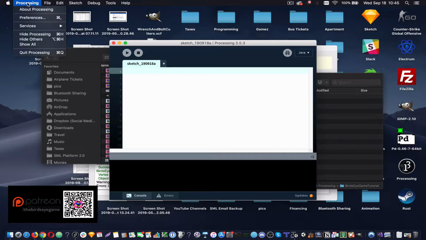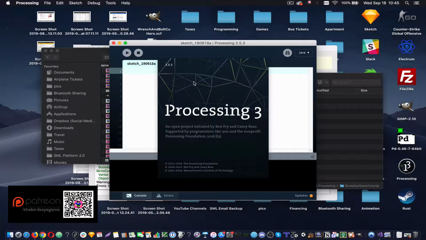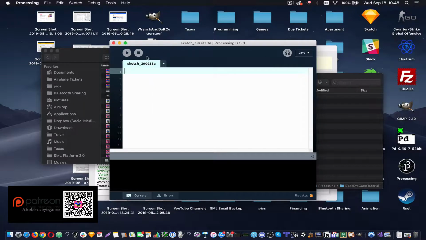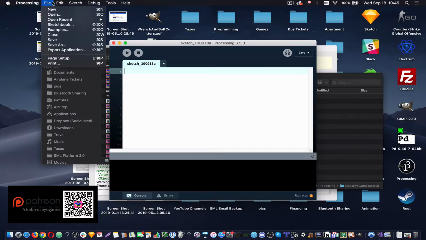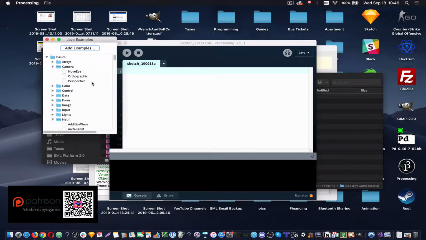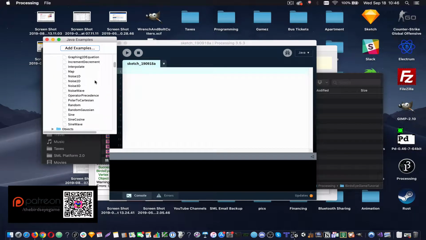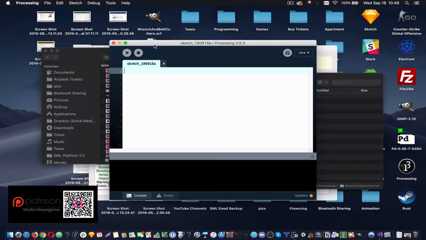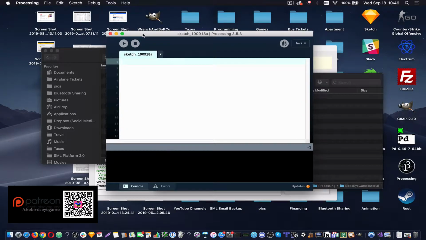And Processing has a bunch of examples that you can start out with. So probably one of the best ways, in my opinion, is to just go to the examples in Processing, open one up, and then start modifying it. Today, what I'm going to do is actually just go ahead and start from scratch. So I've got my Processing fired up here,